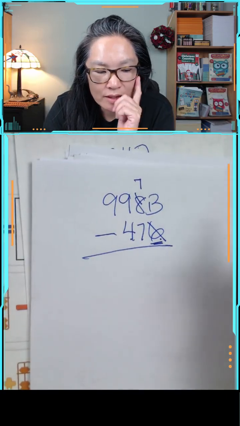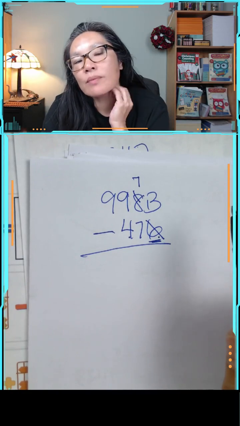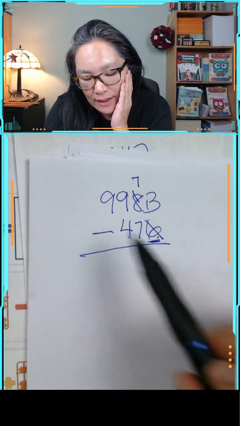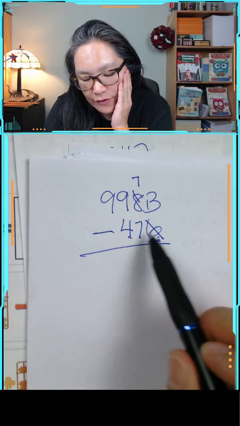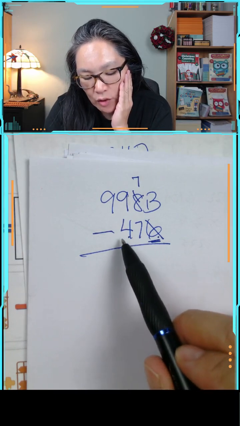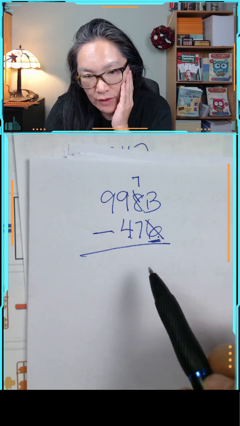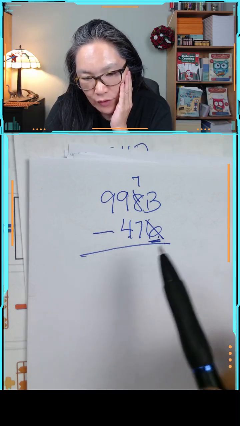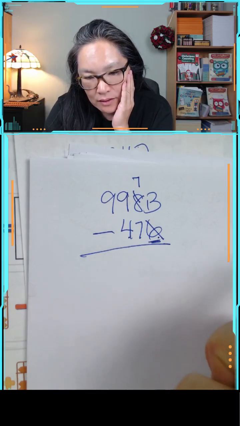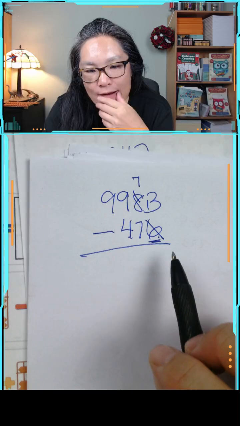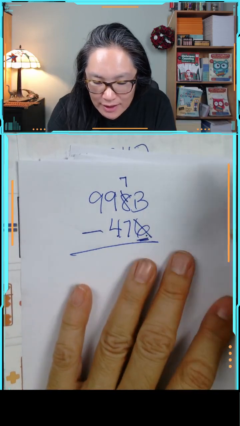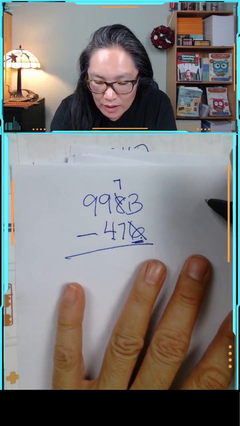Yeah, I'm trying to figure that out, because in mainstream they go right to left, but in Abacus we go left to right. Algebra you go left to right. Calculus you go left to right. We read from left to right. Very interesting. And the other thing is, if we had the number,